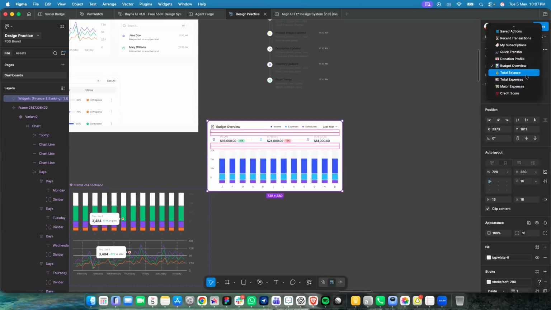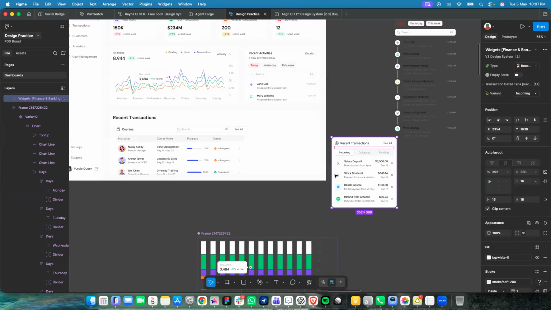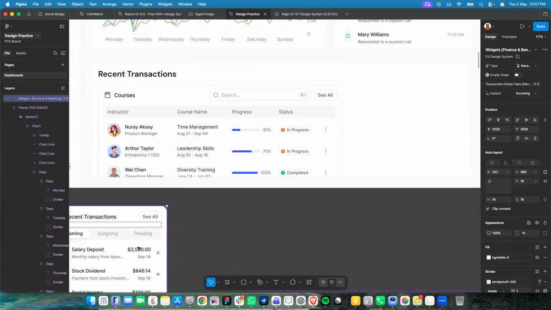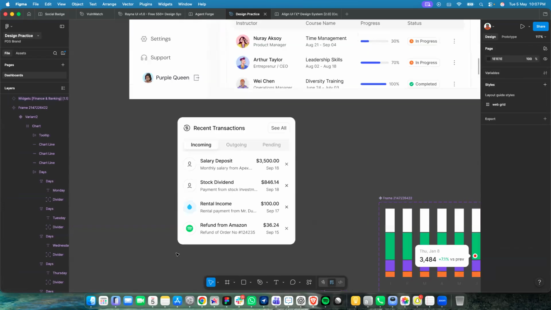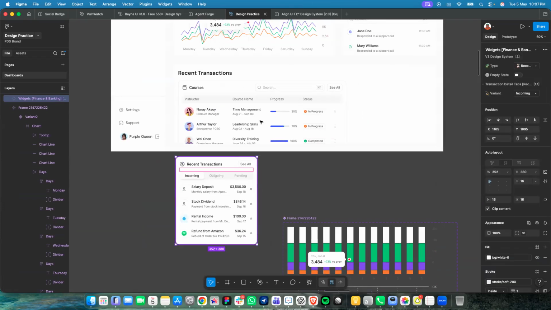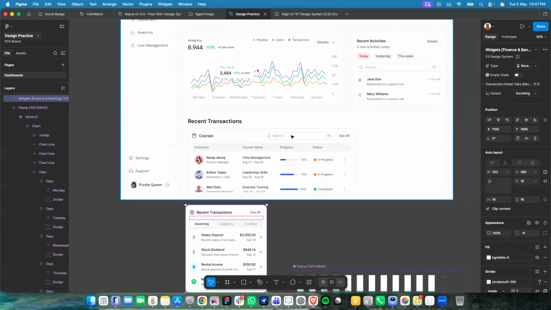Okay, so I will switch this to, yeah, recent transaction. Just give me a sense of what I want to see in my table. So I can decide to split this into recent transaction and new user, but I just want to do transaction,